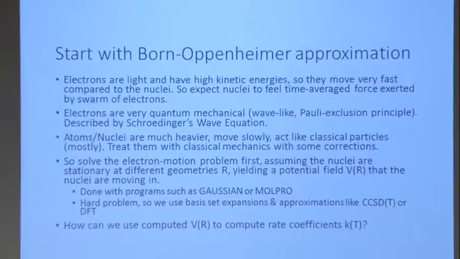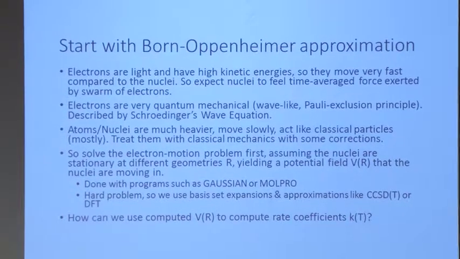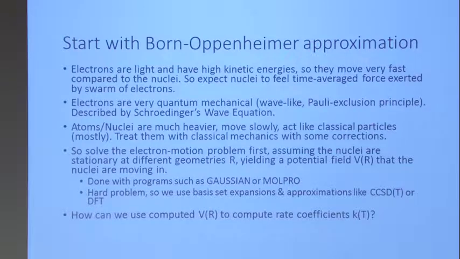All right, so just what we talked about with the thermochemistry, in computing rates, we always start with the Born-Oppenheimer approximation, which means that we take the original Schrodinger equation, which treats all the nuclei, the atoms, and the electrons on the same basis, and we say, you know what, the atoms are pretty heavy. They're sort of almost classical. And the electrons are super light, and they're definitely quantum mechanical. So let's first just freeze the atoms so they're not moving, get rid of the terms that have to do with the motion of the atoms, and only leave the terms that have to do with the motion of the electrons, and solve the electron motion as if the atoms aren't moving.